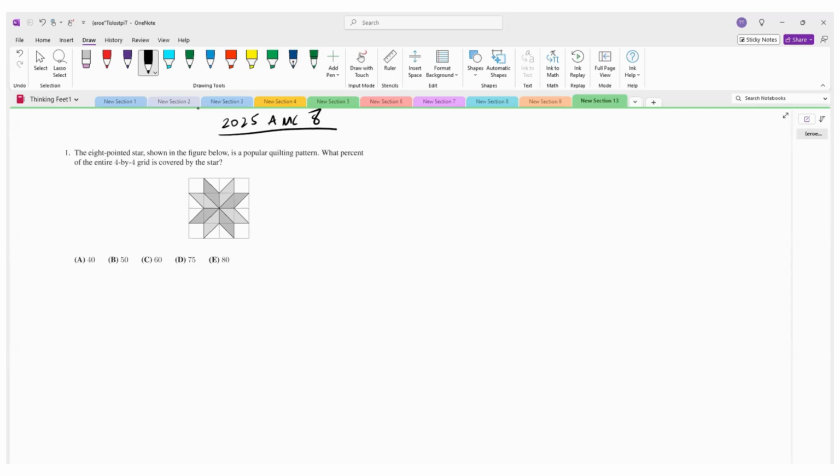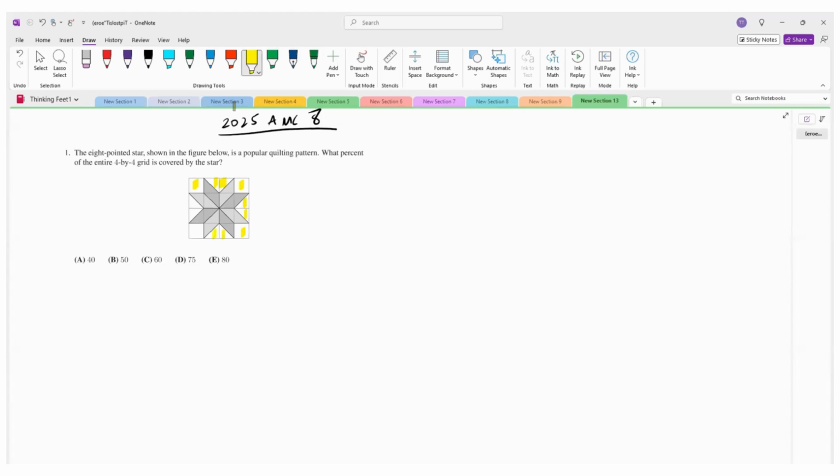So let's look at this one. The 8-pointed star shown in the figure below is a popular quilting pattern. What percent of the entire 4x4 grid is covered by the star? Now, as you can see, the part that is not covered is less. So if you look at the yellow highlighted portions, they are less than the portions that are covered by the